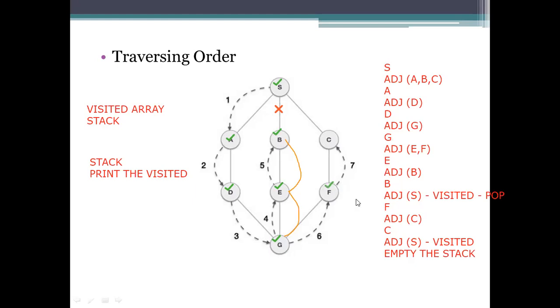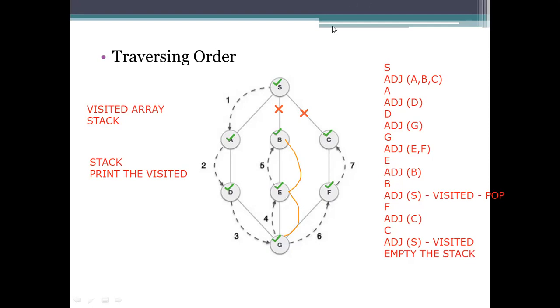And coming to the next one, which is C. C is considered as a vertex which is connected to this vertex F. And coming here, C is having an adjacent node, but this adjacent one we are presenting is a visited one. So hence it is not processed. Now we need to backflow. Is there any vertex left here? No vertex has been left here. So we need to empty the stack, and this is the traversing order of the presentation.